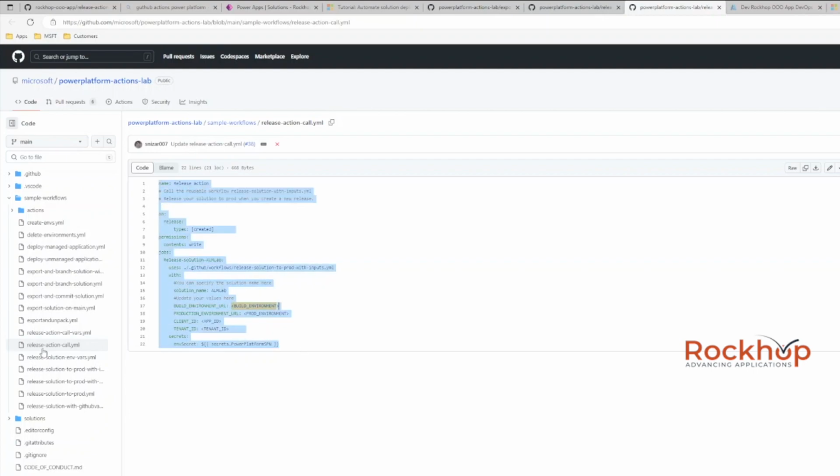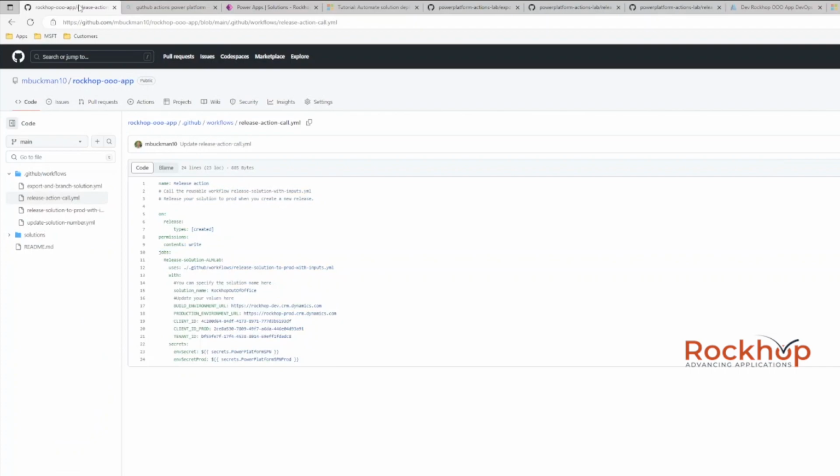So you'll copy this code, and this again is the release action call.yaml file. We'll copy this. We're going to paste it into a new workflow. So you'll open up a new workflow, paste this in. Again, it can just be a simple start from scratch workflow, paste this in, and then you're going to update all the values. And again, you can kind of see that I have updated all the values to my environment